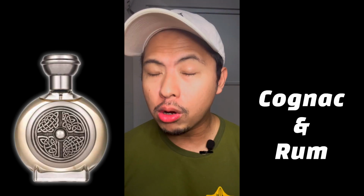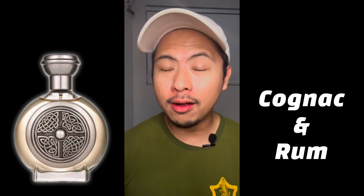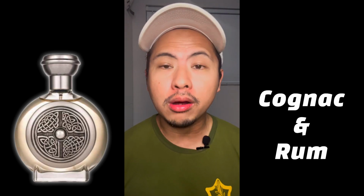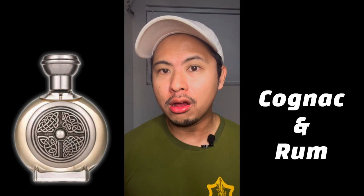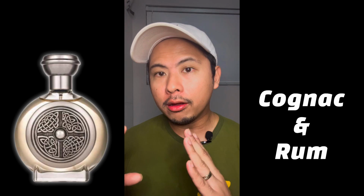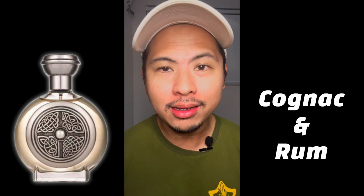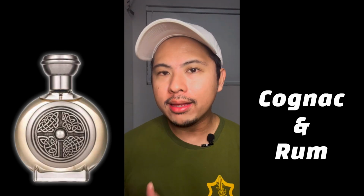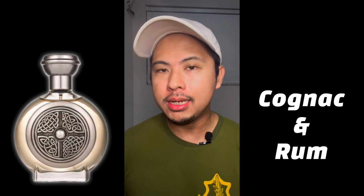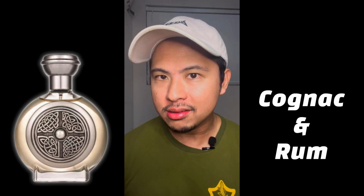Now you're probably wondering, guys, where is the cognac and rum? Because on paper, this is definitely one of the most interesting parts of this fragrance that, you know, made me wonder as well how this was gonna go. Now again, I've told you guys that it starts off fresh and fruity, but of course with the greenness coming in, you're gonna get some aromatic sides really coming out on this fragrance, and that's really when the cognac and rum comes in, because the cognac and rum, it's a boozy aromatic fix to this fragrance, guys, and it comes